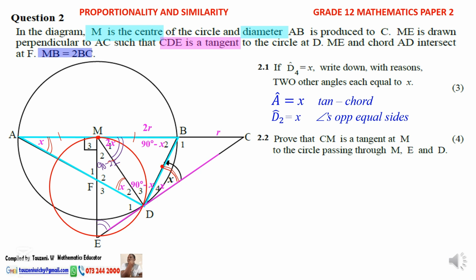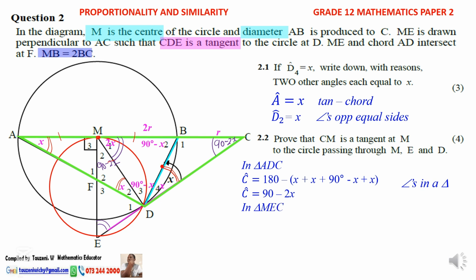Now, we can calculate the value of angle C using triangle ADC. Interior angles in a triangle add up to 180. Therefore, that allows us to calculate the value of angle C by subtracting from 180 degrees. So that will give us 90 minus 2x. Then if we shift our attention to triangle MEC,